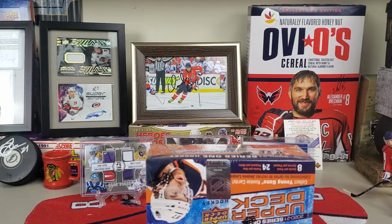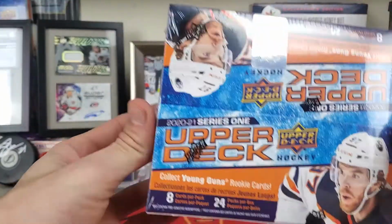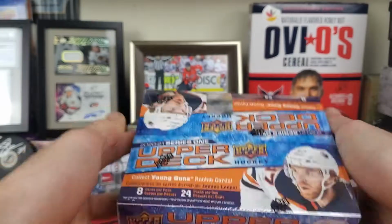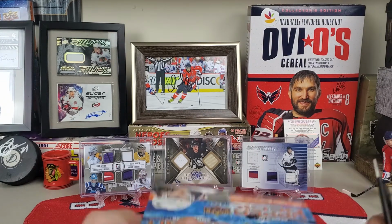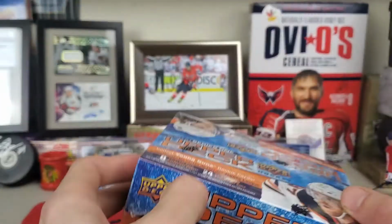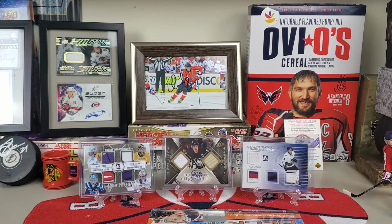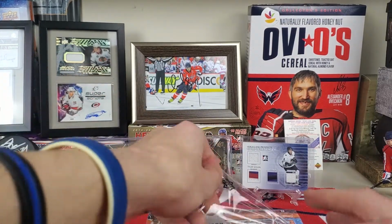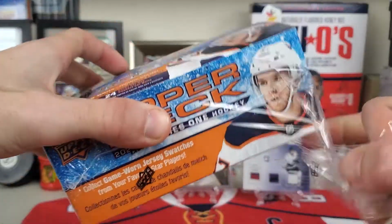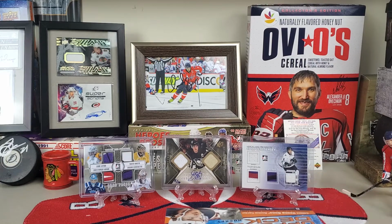And today, we have the final installment to our latest order from Seal City, and that is a Series 1 box, and it's retail. I figured I'll see the difference between retail and hobby. I know that there is a slight difference. I'm just wondering which one is worth more. Or well, worth buying. I know that there's less inserts, I believe, in this. It's either less or more. I know that sounds dumb, but I